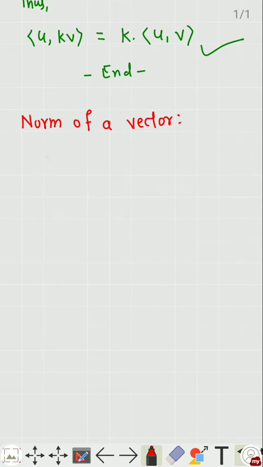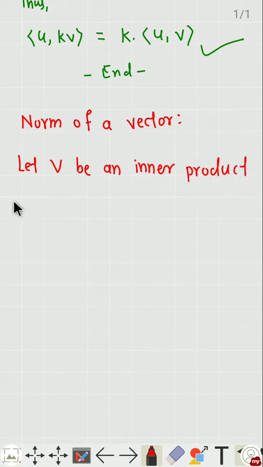Let capital V be an inner product space. The norm or length of a vector u,